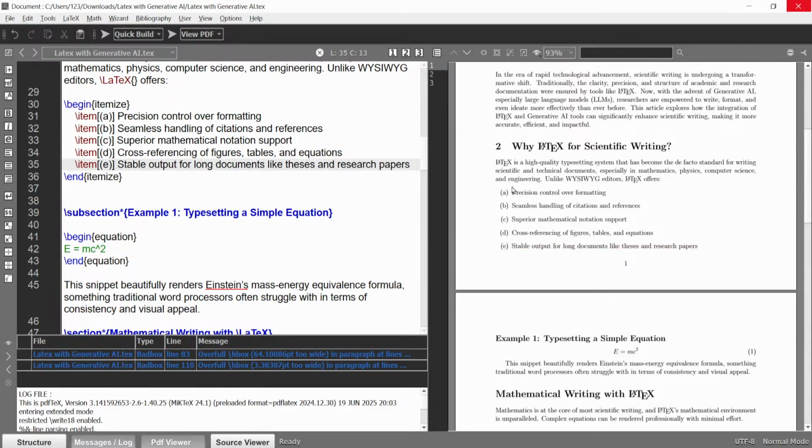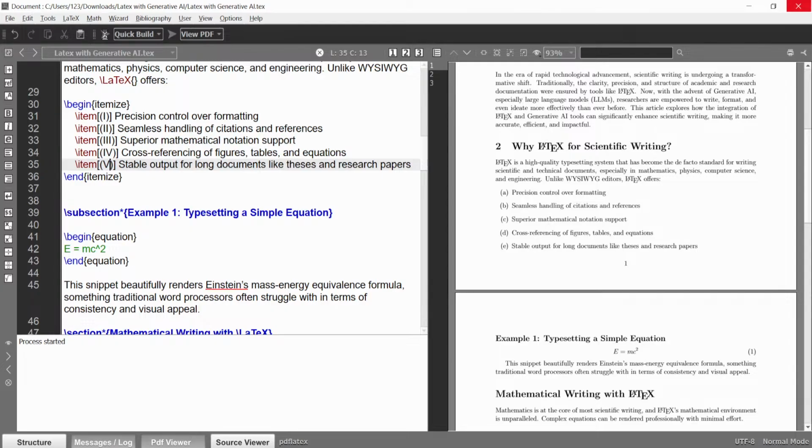So build this file again, and you can see on the right hand side that now the format is changed. In place of bullets we have A, B, C, D, E. So in this way you can manipulate. You can use these symbols, 1, Roman numerals, you can use also here, and easily manage. Once you have written your document, you can manage everything. See on the right hand side.